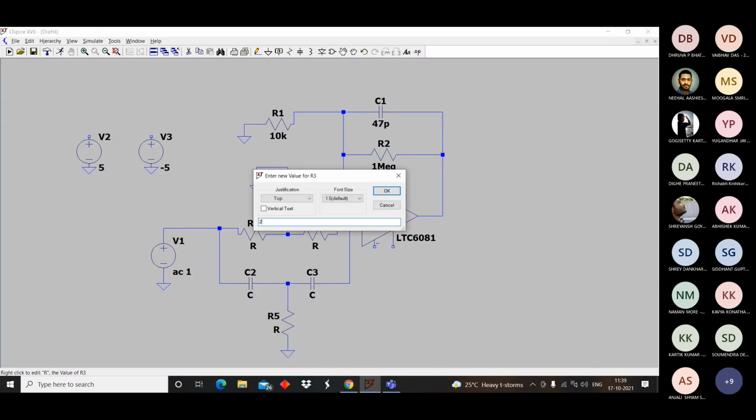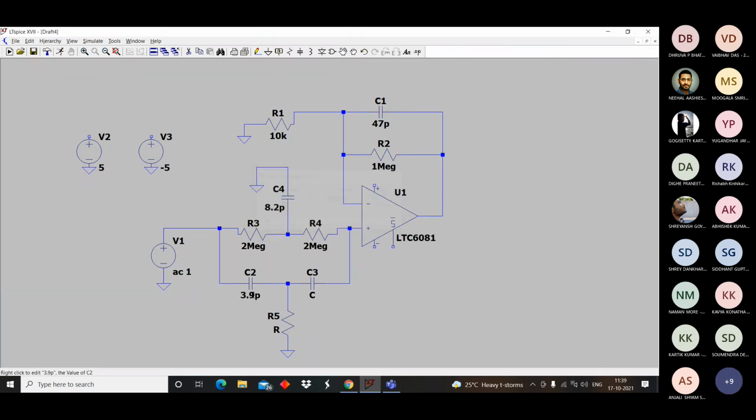These being 3.9. This resistor is supposed to be 1. I think all the components are done.